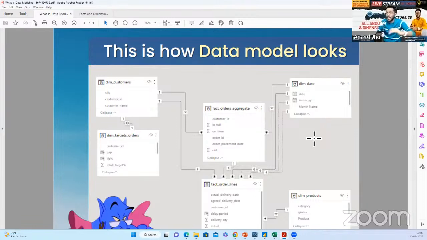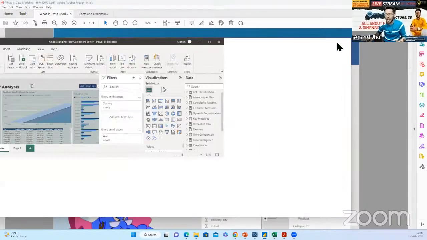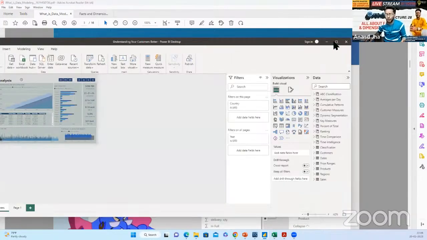Right? So this is the modeling diagram which may be given by your consultant, or you need to give to the stakeholder while preparing your data model or any Power BI report. If you open any Power BI report, this is the Power BI which I have opened. If you go to the data model,